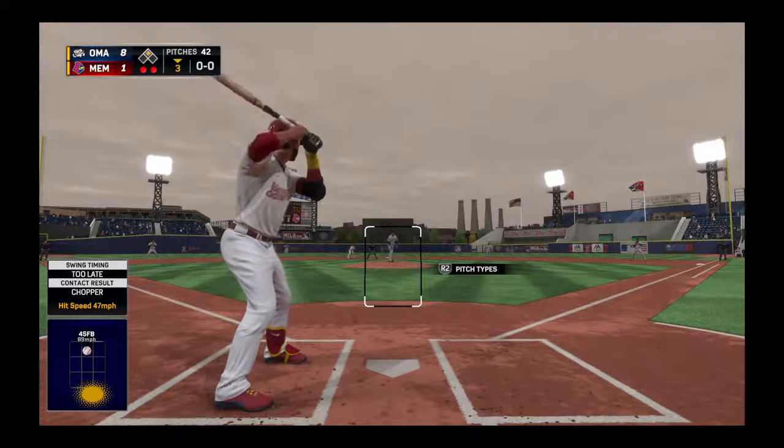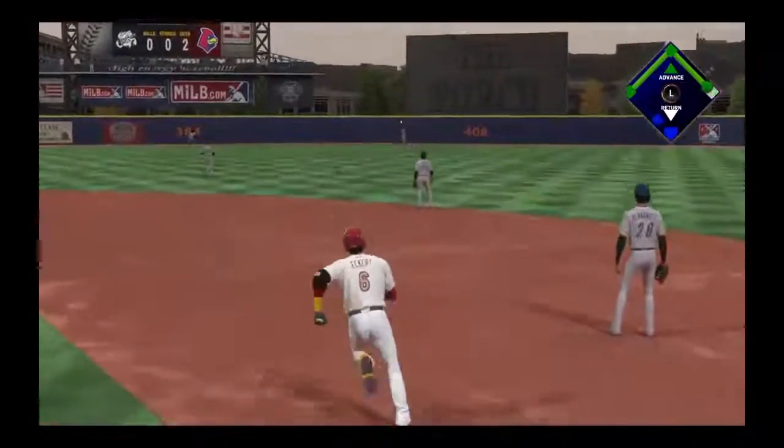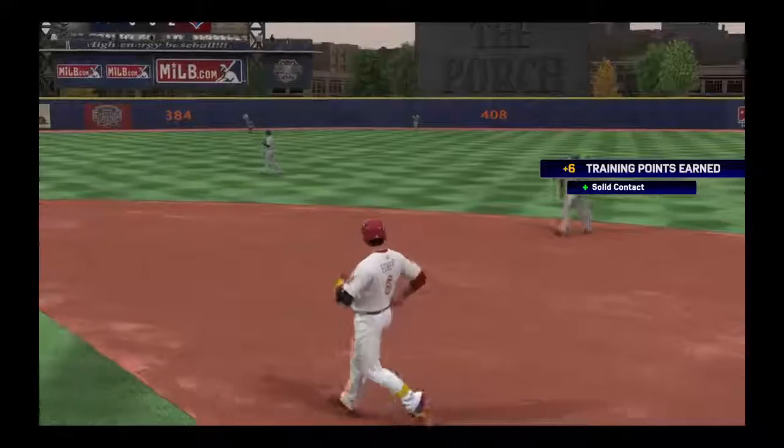Stepping in and ready for another shot, Stephen Eckert. 0 for 1 for him here in this one. He's ready. Here's the first offering. Sent in the air out to straightaway center. Meade moves over, and that's the 3rd out. So 1 run, 1 hit,